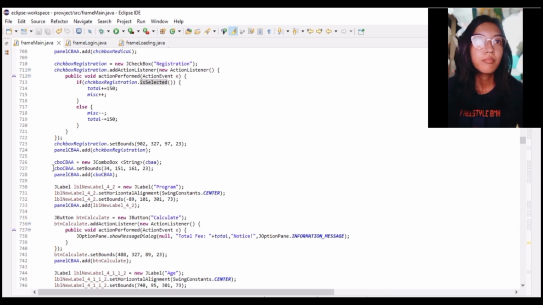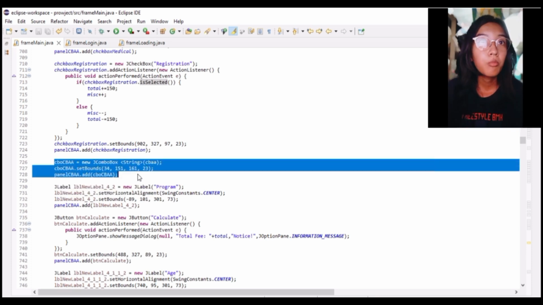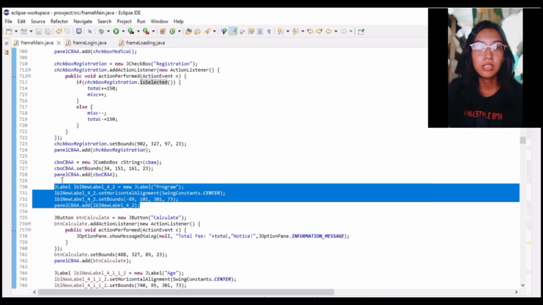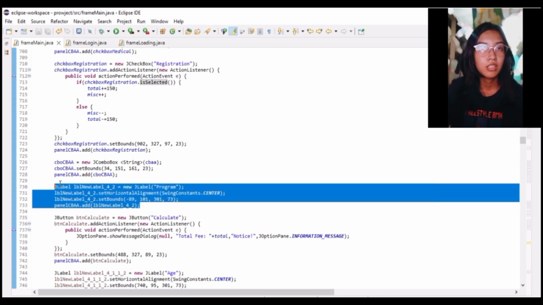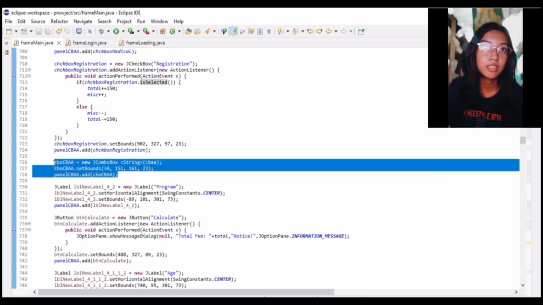Now here is a combo box and a JLabel that displays the text program. This JLabel is to indicate that this JComboBox is the programs under CBAA.